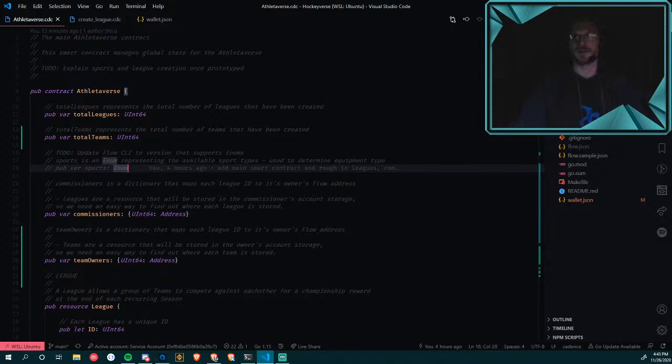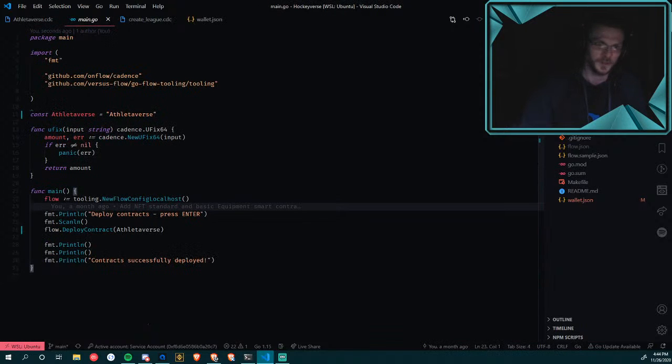transactions. What's nice about that is, if you've seen any of the other streams, it can get a little cumbersome once you have a few contracts and transactions and scripts to test out if you're just using the VS Code extension, because you end up having to click through various things in the right order and make sure you're clicking the right buttons. And if you get 12 steps into a 16-step process and screw up, then you have to go all the way back to the start. So we thought right off the bat, as we started to build some larger projects, it might be helpful to be able to script that whole testing story. And that's essentially how we came up with writing some Go tooling to do that.